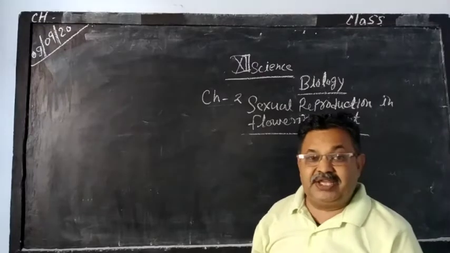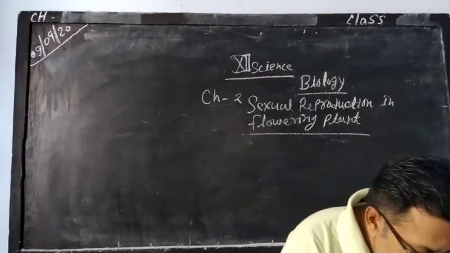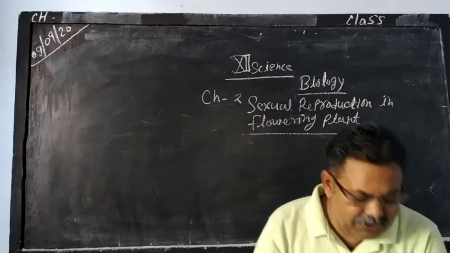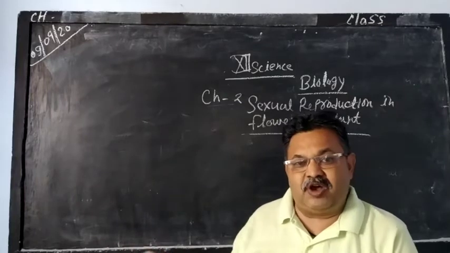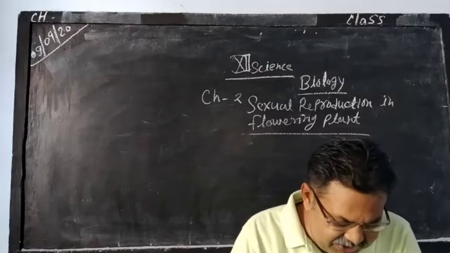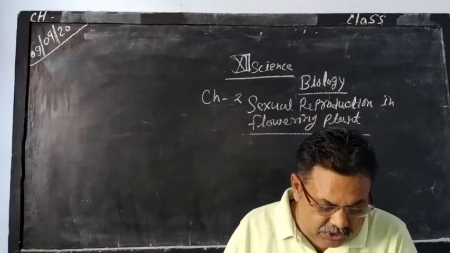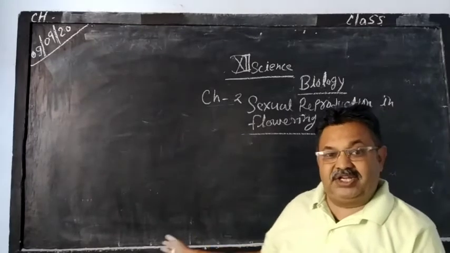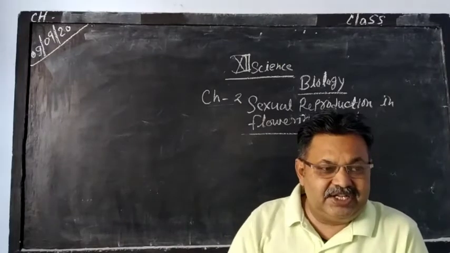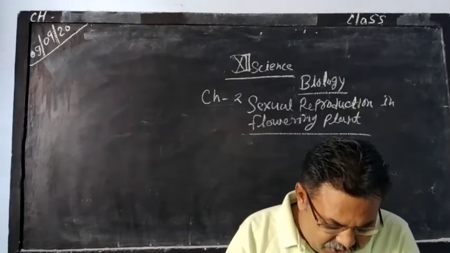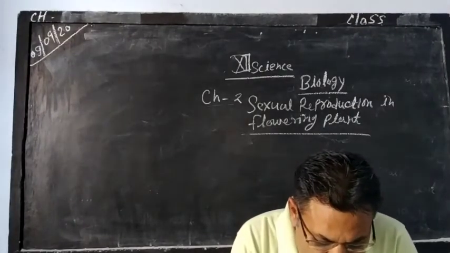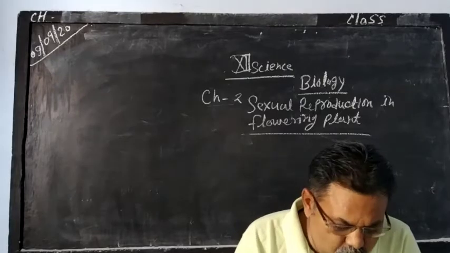Seeds are also dispersed by animals, and it is known as zoochory. Zoon means animal and chory means to separate. It means animals spread seeds from one place to another. This is another mode of dispersal of seeds. Seeds are also dispersed by water. The flow of water takes seeds from one place to another and then they grow into new plants. So seed dispersal by water is known as hydrochory. Hydro means water and chory means to separate.